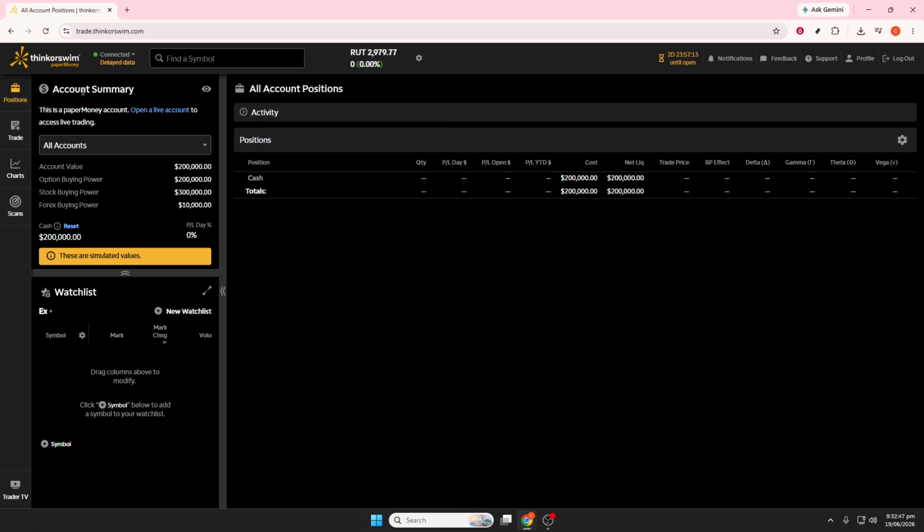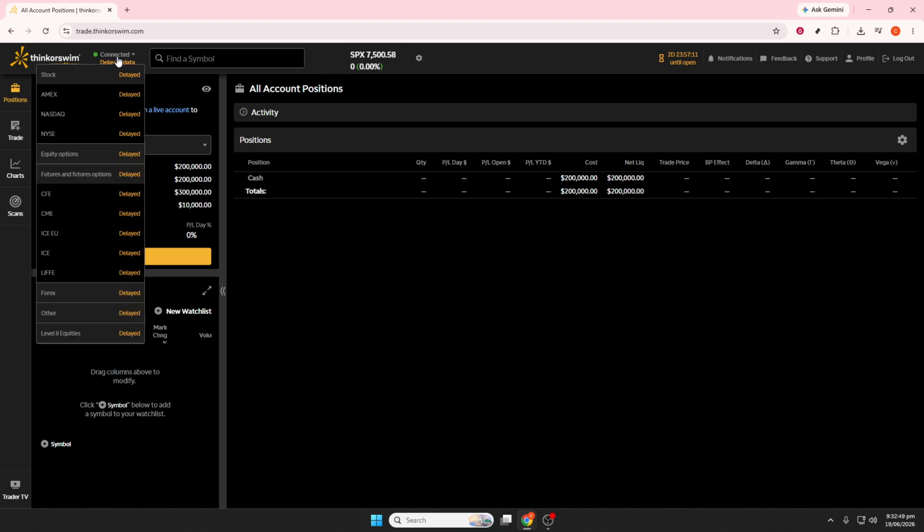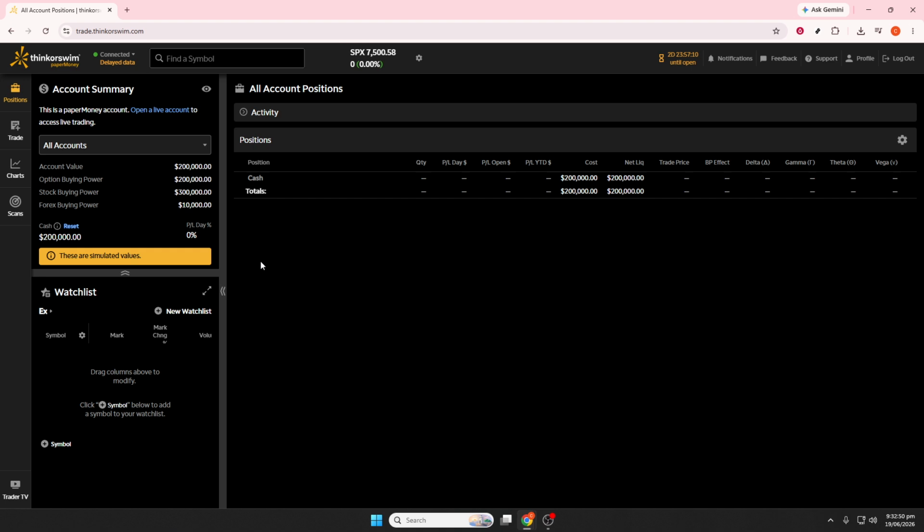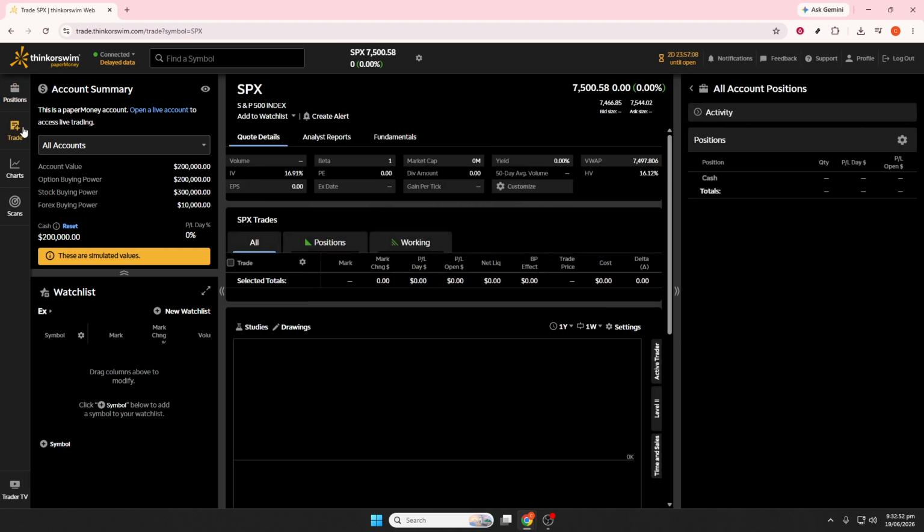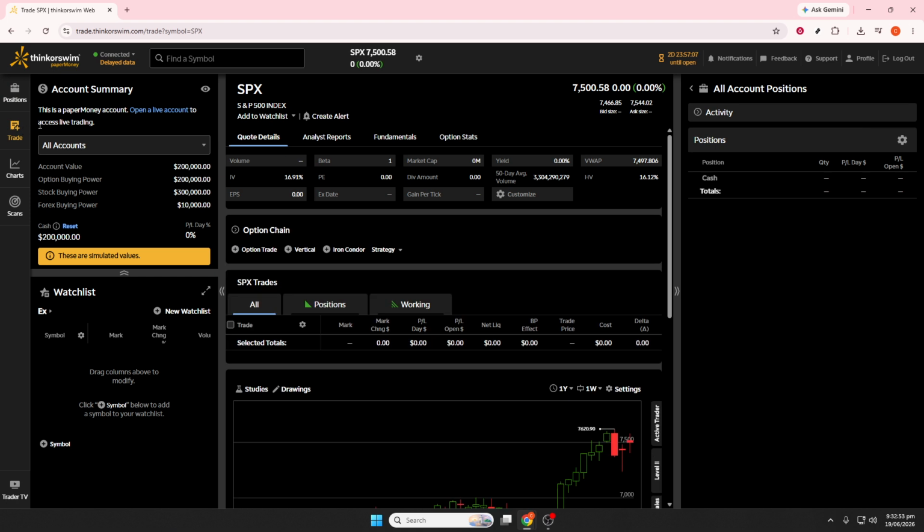Next, change the order type to a limit order. In pre-market trading, limit orders are typically required instead of market orders. A limit order lets you set the highest price you're willing to pay, which is especially useful during pre-market hours because prices can move quickly and spreads can be wider than during the regular trading session. In the order entry section, find the order type field, select limit, and then enter the limit price you want